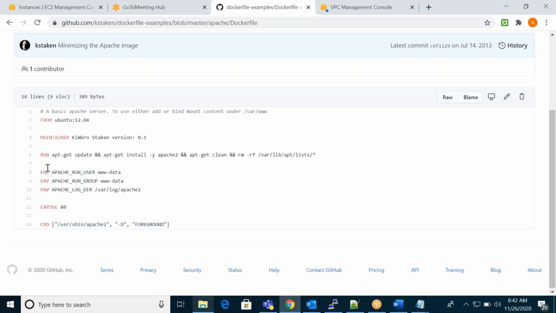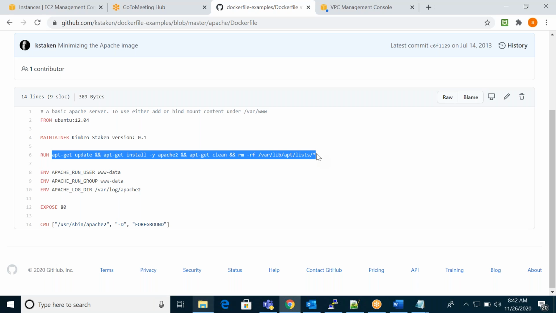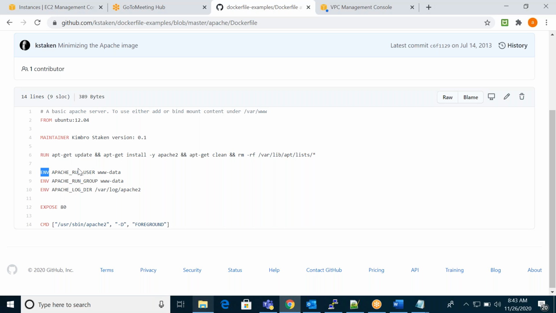Here also you can see RUN. You can use these symbols, the double ampersand symbols, or you can mention multiple commands here. Using ENV, they're setting up some environment variables. EXPOSE means defining the port for your application.